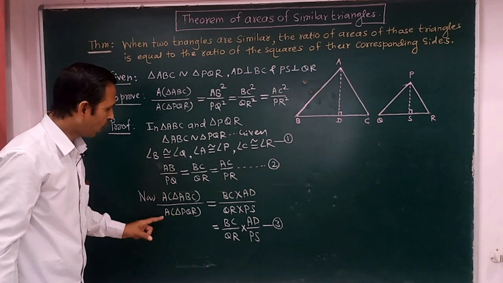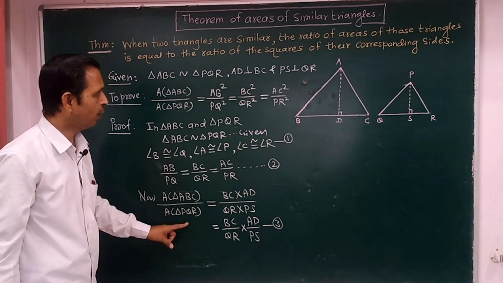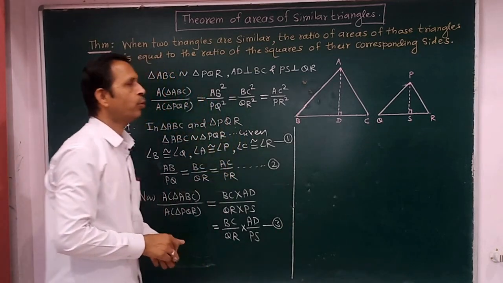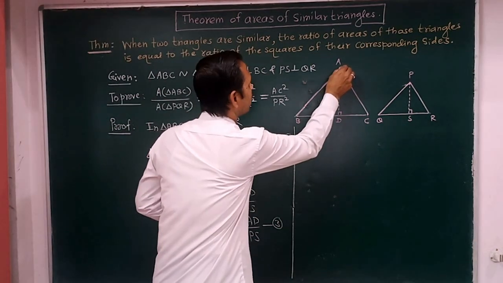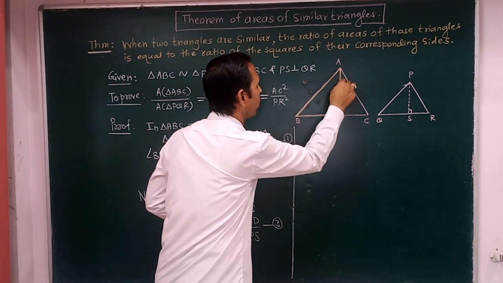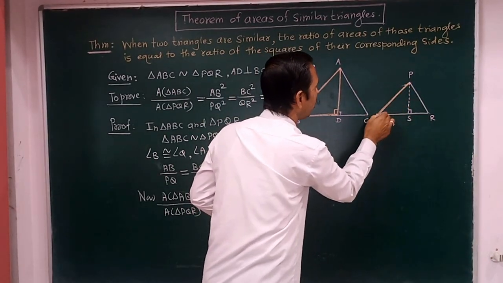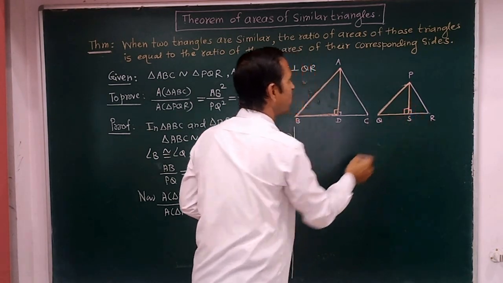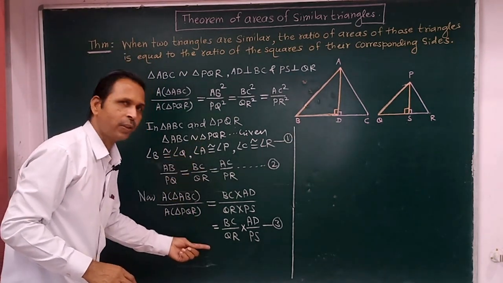Now if these two triangles are not similar, then we write the ratio of the areas of these two triangles. Now take the two triangles in that figure and show them similar. Take the two triangles like this. First triangle is ABD, and another triangle is PQS. Now take these two triangles and show them similar. These are the third statements we write here.